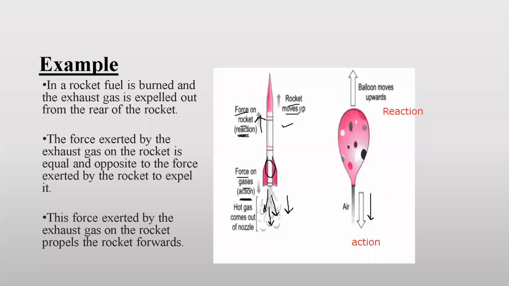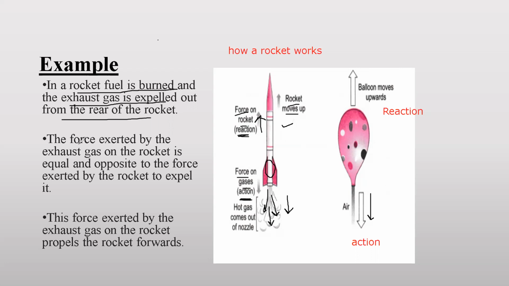because of which the rocket starts moving up. So if it is asked how a rocket works, then here we don't have to explain its whole mechanism in detail. We have to explain on the basis of this third law of motion, right? So what we can explain is that in a rocket, fuel is burned and the exhaust gas is expelled out from the rear of the rocket. Expelled out means it is removed or taken out from the rear end, meaning the bottom end